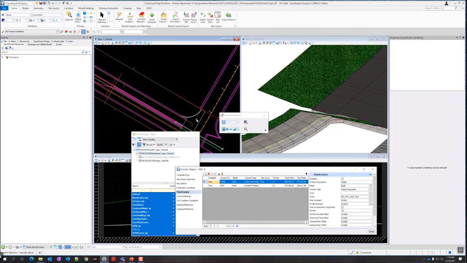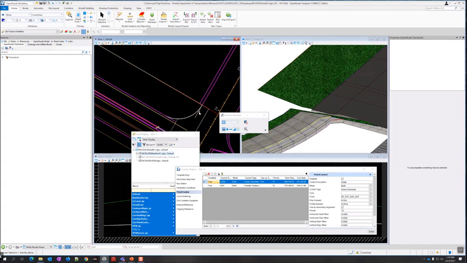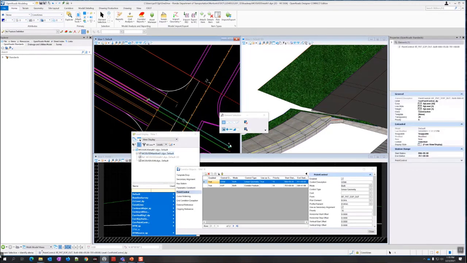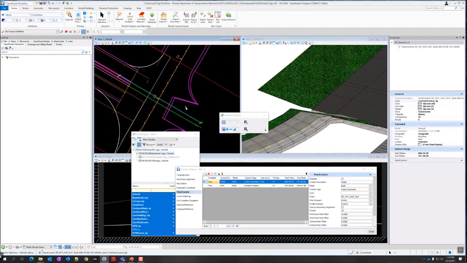So the easy solution to that is going to be to change the handle. There should be... yeah, so I should have this point control right here. This is locked to the start, but it should be locked to the start of the corridor. So I'm going to edit it since I have corridor objects open. Go ahead and open corridor objects if you don't have it open.